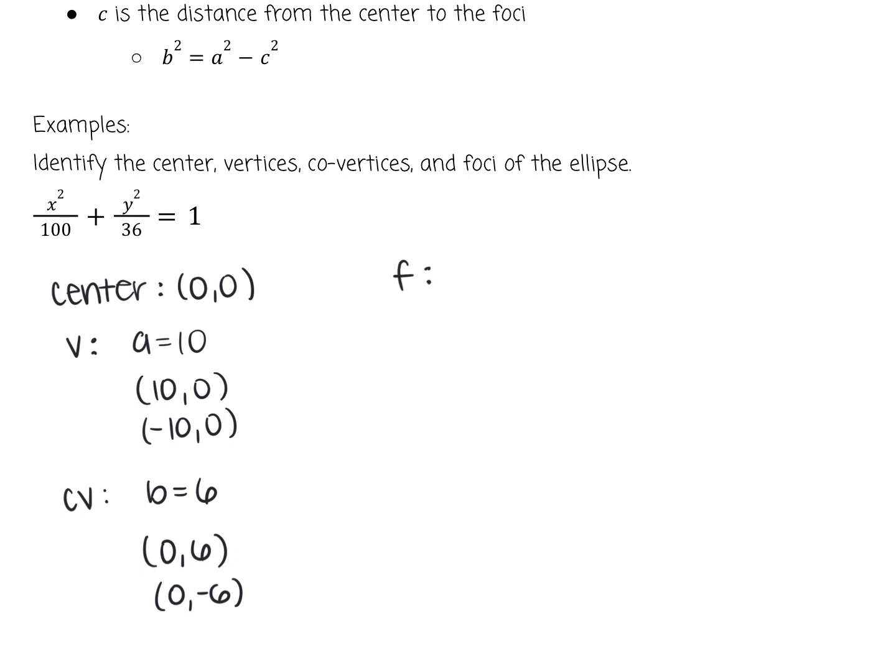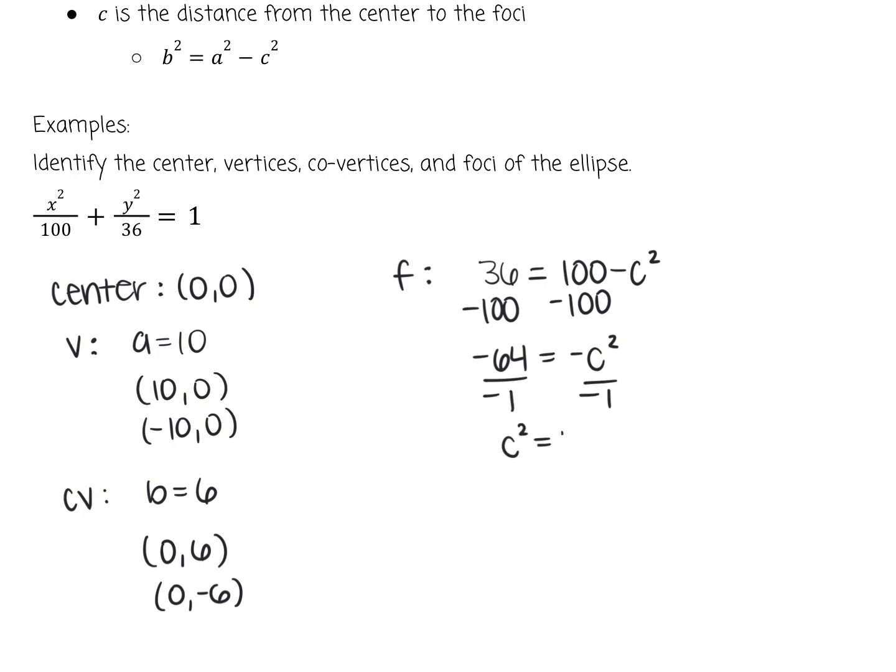So I'm going to use the formula b squared equals a squared minus c squared, so 36 equals 100 minus c squared. So we're going to subtract 100 from both sides. We'll get negative 64 equals negative c squared. Divide both sides by negative 1. C squared equals 64. Take the square root, and